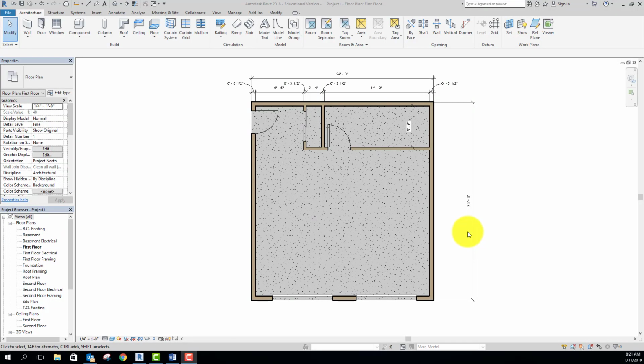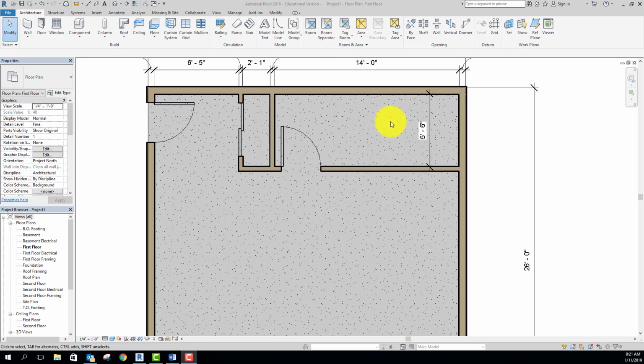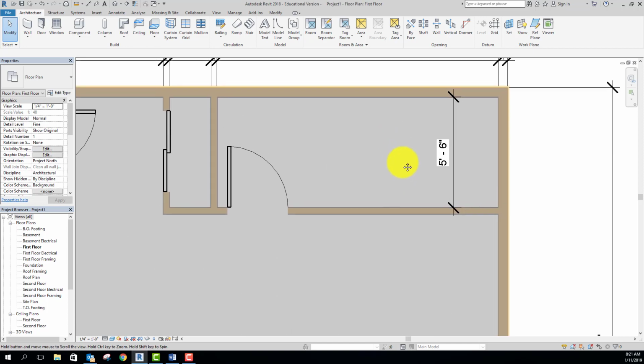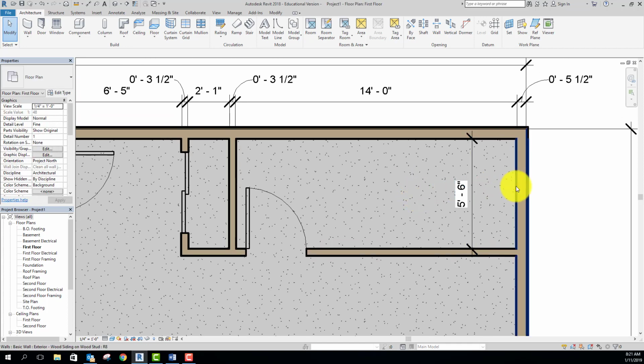Okay, so we are ready to add tile to this room, the workshop, at the back of the garage. We haven't gone over this in class yet, so I'm not too worried if this doesn't sink in. But basically, the theory is that I want to start with a floor system that already includes tile and edit out everything that I don't need so that I've just got tile left that I can lay on top of